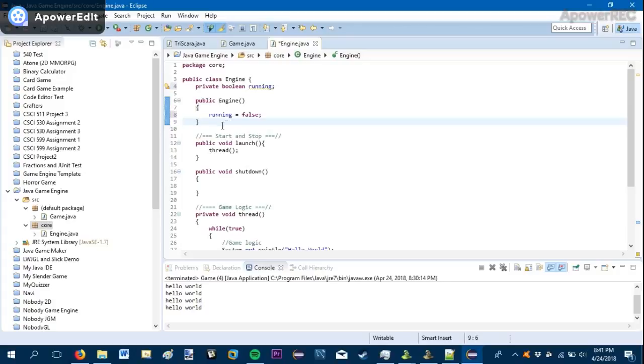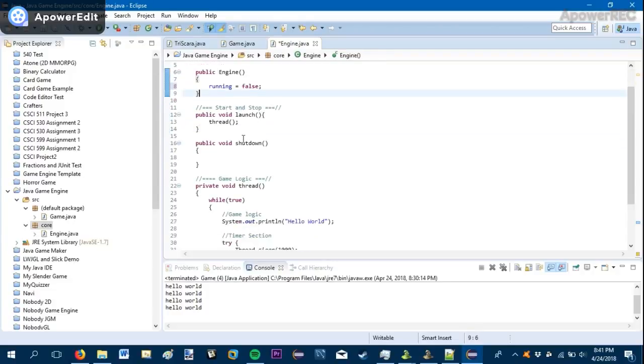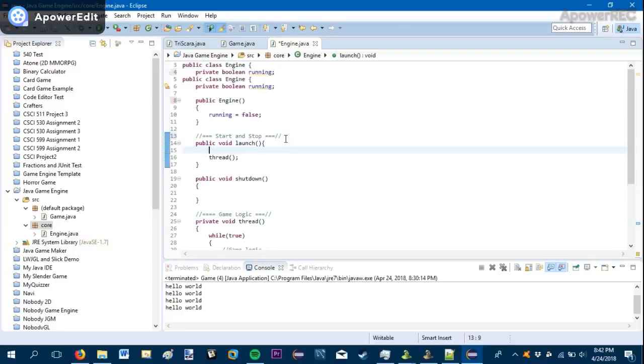Say we've got some engine settings you want to set up, some resources you want to load, a splash screen, anything like that. Well, we want to load that stuff up before our game starts running, or we're going to have some serious issues. So now, when we launch our game, what we're going to do is set